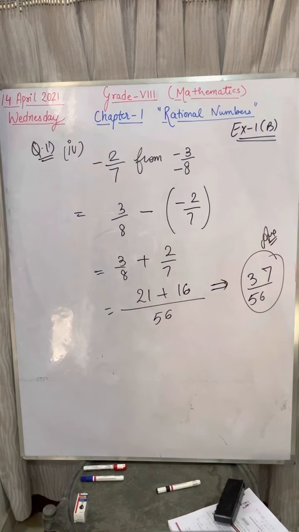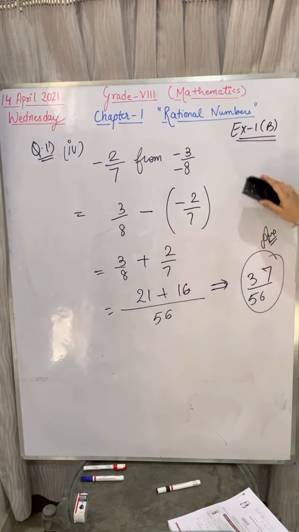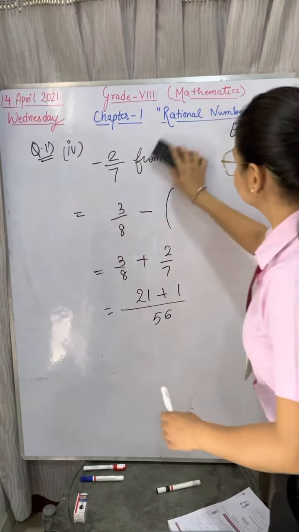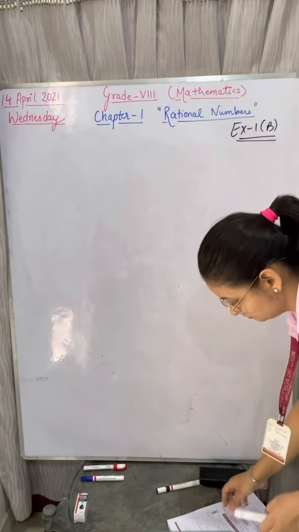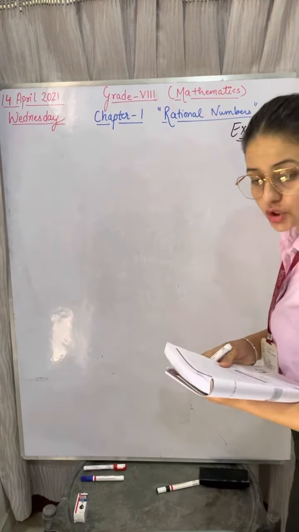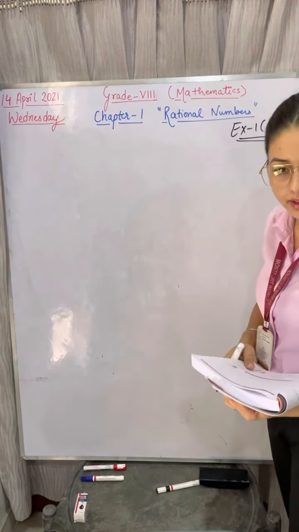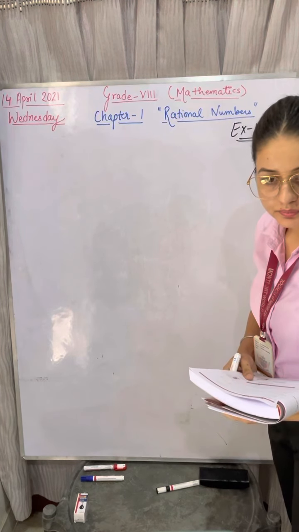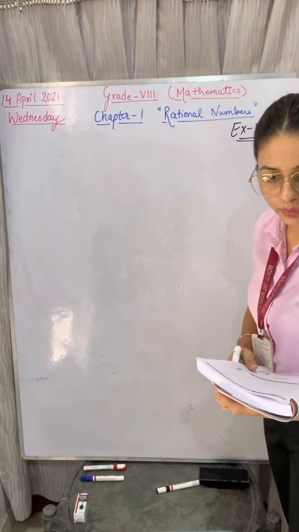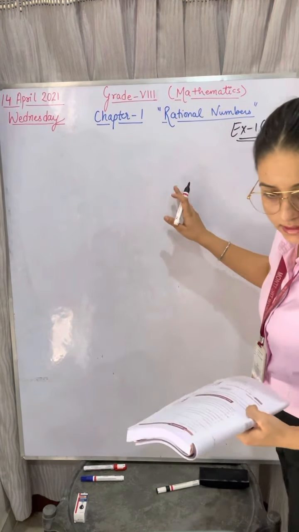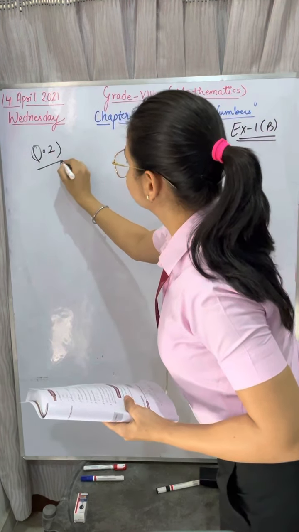Fine. So let's start with the next question. Rasham, okay. Nimrat, okay. Now let's start with the second question. In the second question you have to put the value of x and y. How much have you discussed in the class of this week, how many questions have you done in the class? Not done, okay. In some sections questions of this exercise have been done. Okay, alright, no worries.